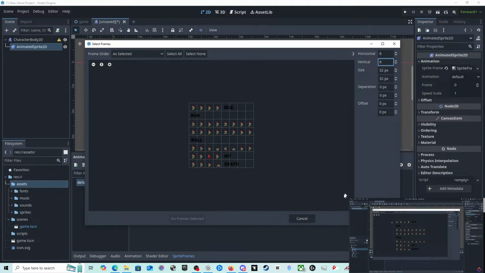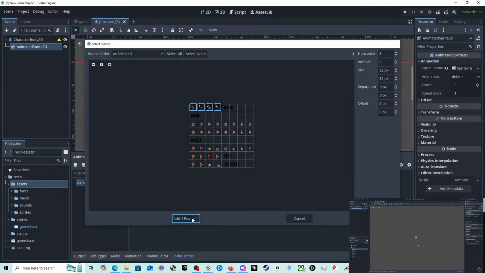And let's just start by adding the idle animation. To do this, we simply click the frames in the order that we would like. So I'm going to go from the left-hand side here and click. As you can see, it says 0, the first frame. Then I'm going to click the next one, and the next one, and the next one. And now it goes from 0 to 3, and will play from left to right. We can always click again to remove, and this is how you can quickly build an animation from different parts of your sprite sheet. So I'll select these 4 frames and hit Add Frames.